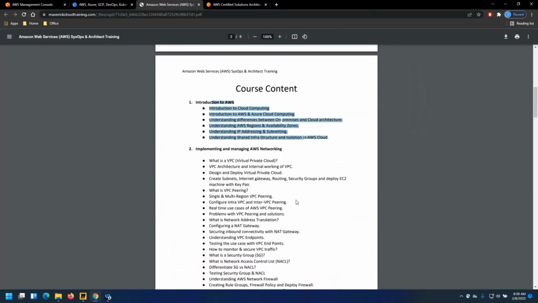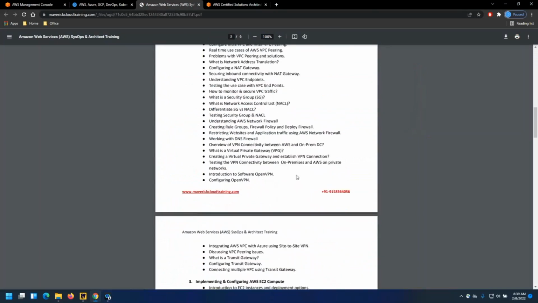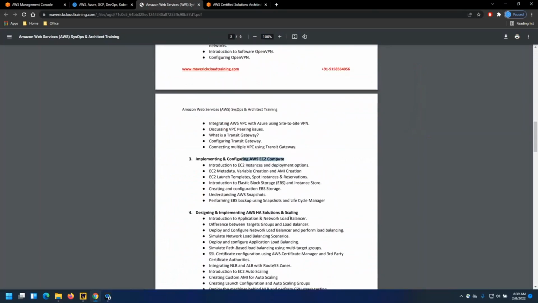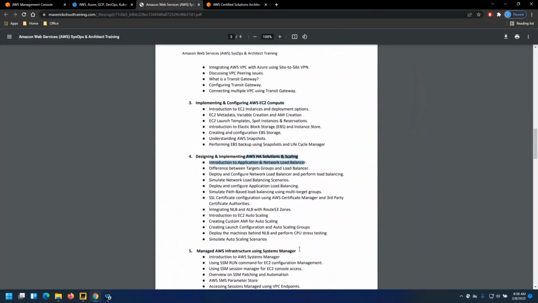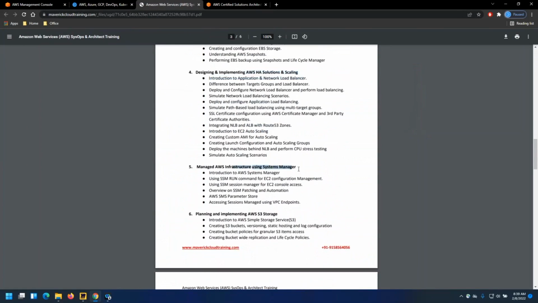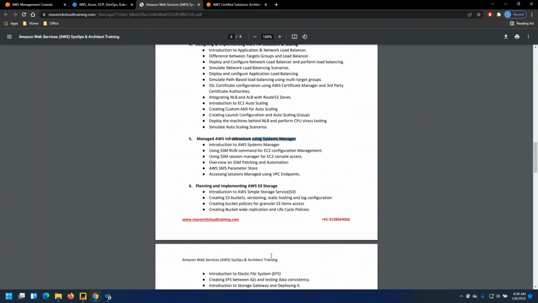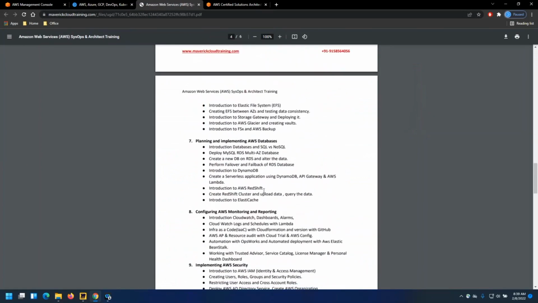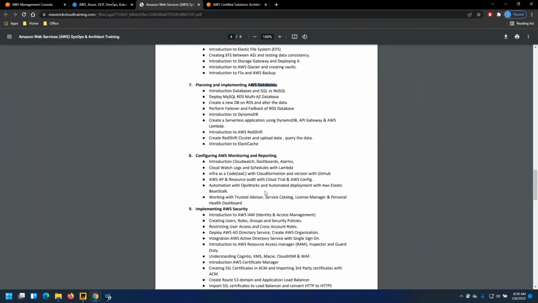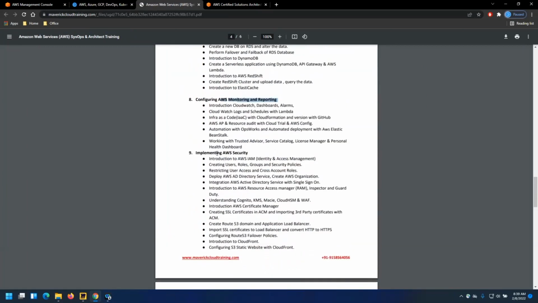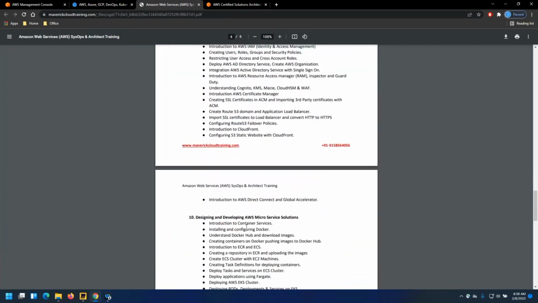So let's go ahead and check what we're going to cover. Basics of AWS, right? And your AWS networking, computing, then your high availability solutions and scaling, then your day-to-day operations using Systems Manager, your storage part, databases, and your monitoring and reporting, day-to-day operations and implementing security, then your development side of things.